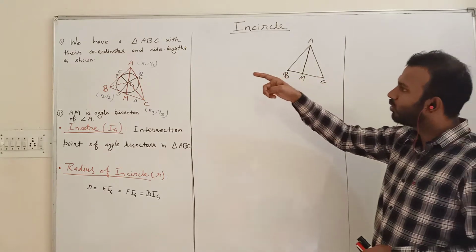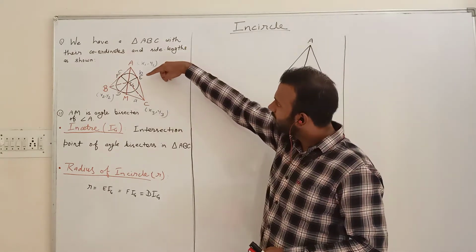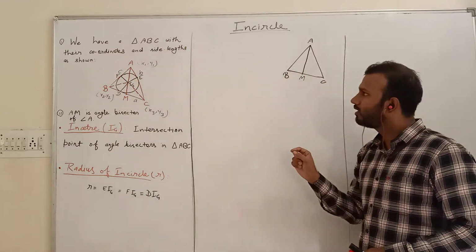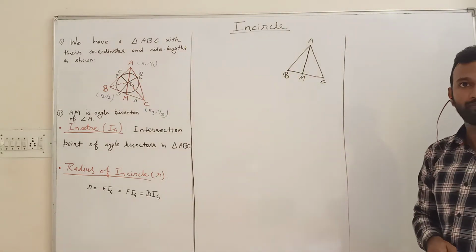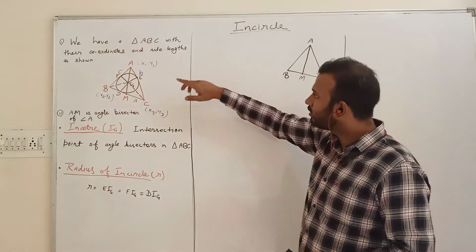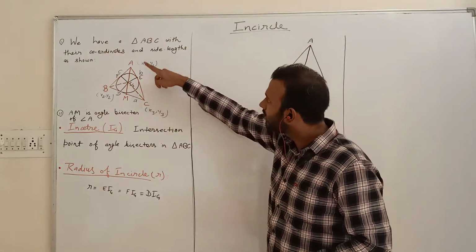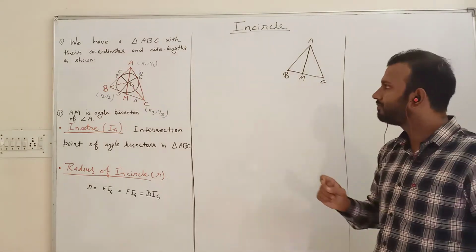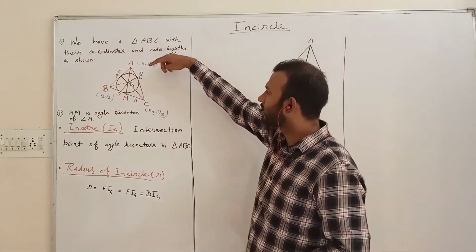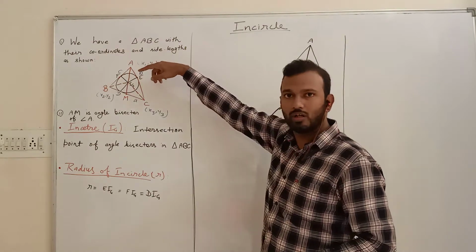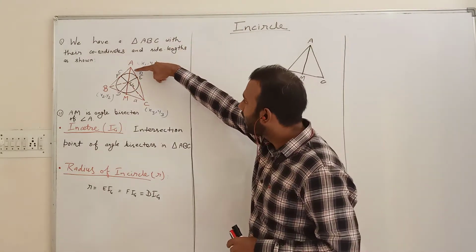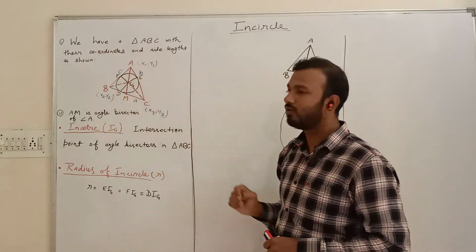And if you draw the radius, you can clearly see that the incircle passes by touching the sides of the triangle ABC, and as it is touching, AC, AB and BC are the tangents. And from the circle property, I can prove it also in later videos, AE and AF will be equal,